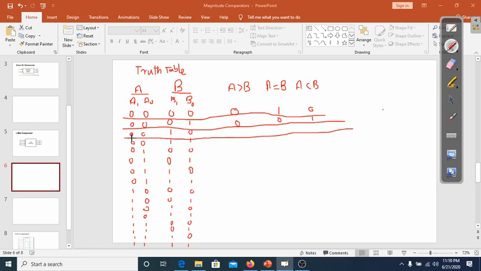And here again A is less than B, so I can write here 1. Again A is less than B, so here I can write 0 0 1. Okay, now